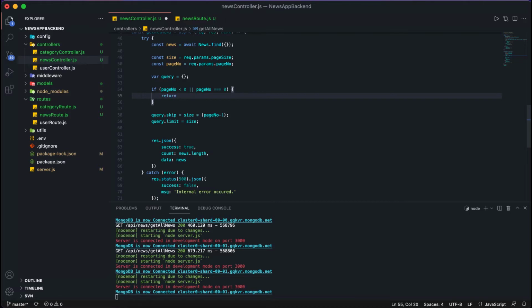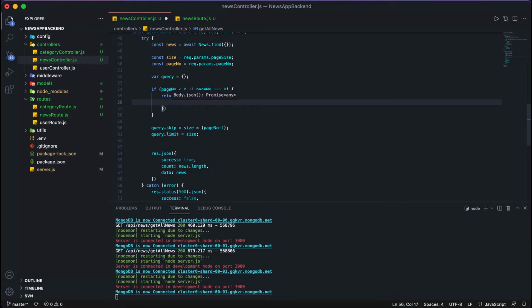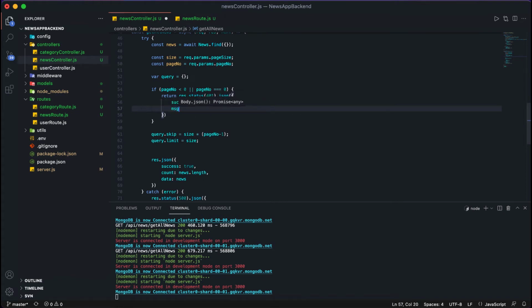The status code will be 400, 401 let's say. Then success will be false, and the message will be invalid page number, and should start with 1. So our page number should start with 1.